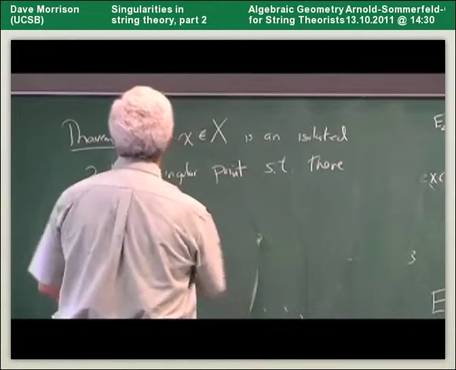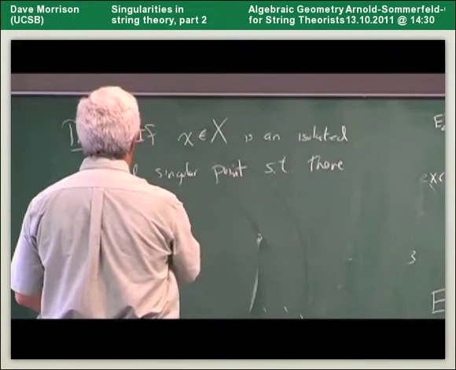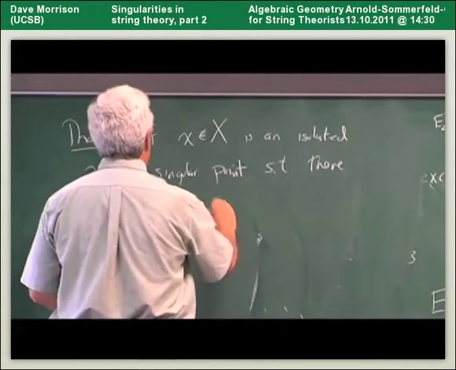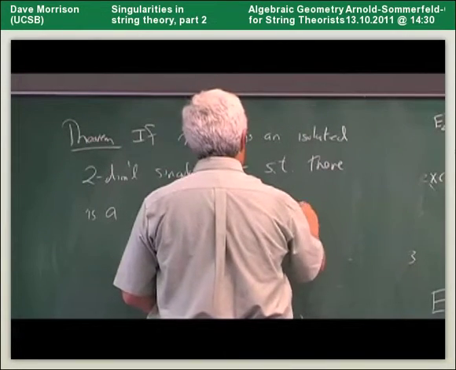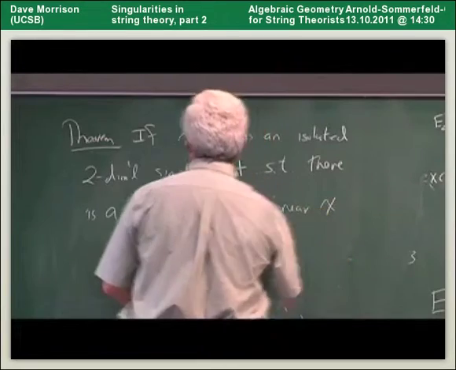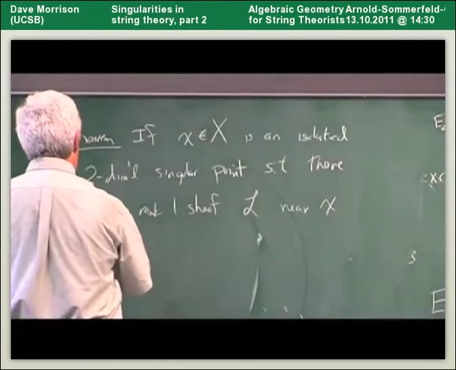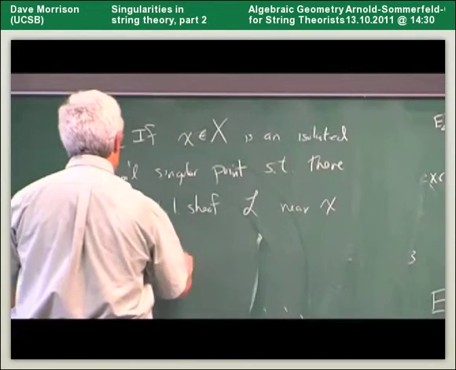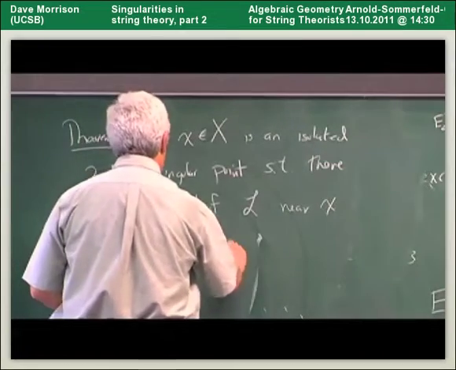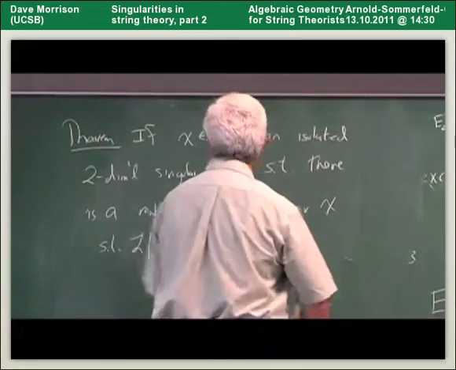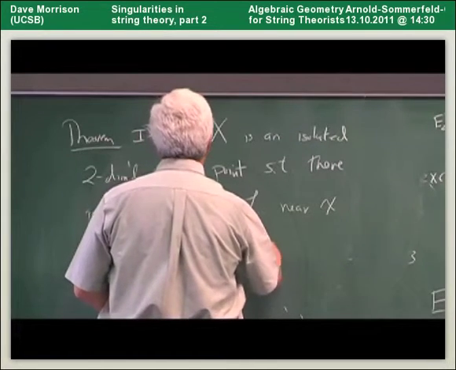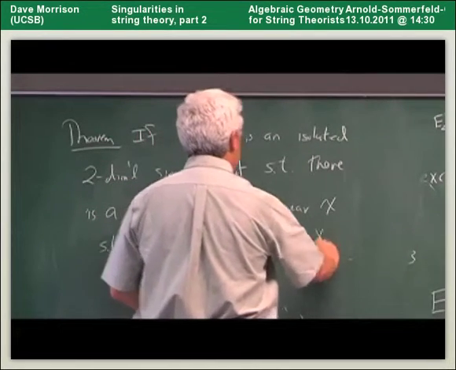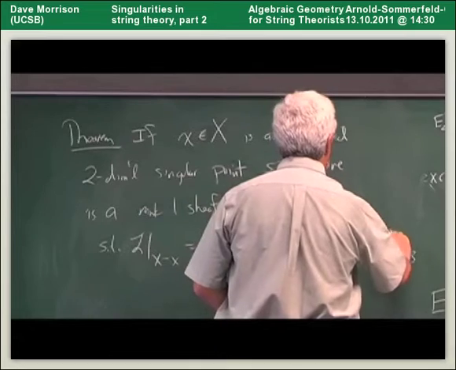I think I can say locally free. Well, let me just say rank 1 sheaf L near x, such that L restricted to X minus x is the canonical bundle, then x in X is isomorphic,